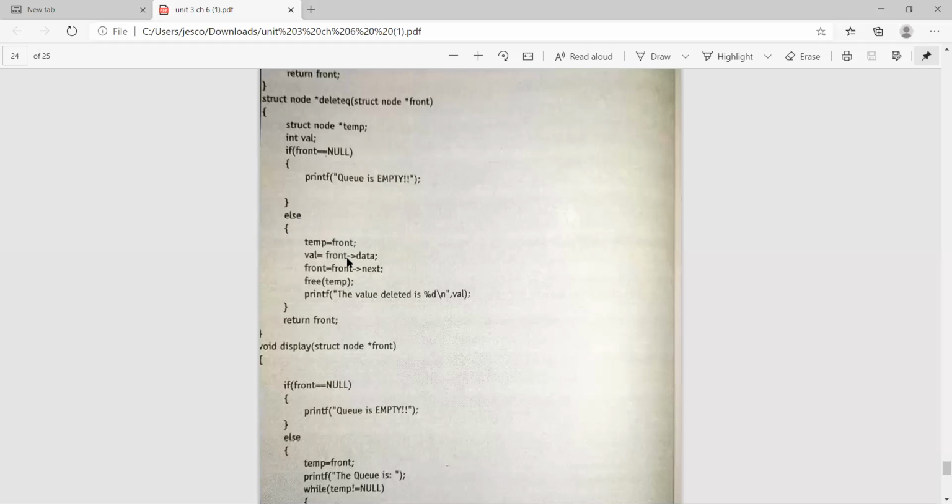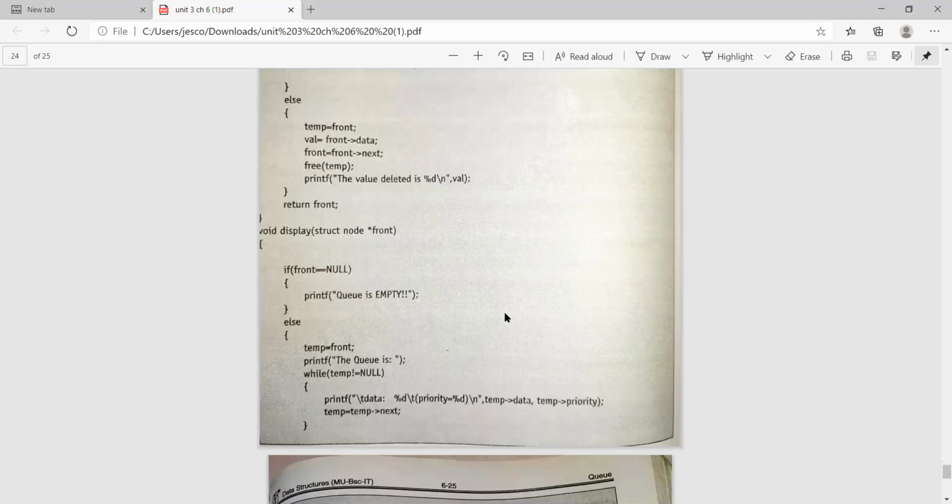If it is not empty, you have to assign the value of front to the temporary variable. Then we have to update the new front, so that front is equal to front next, and then we'll delete the temporary variable, that is the first node, and the value which is deleted will be printed here.